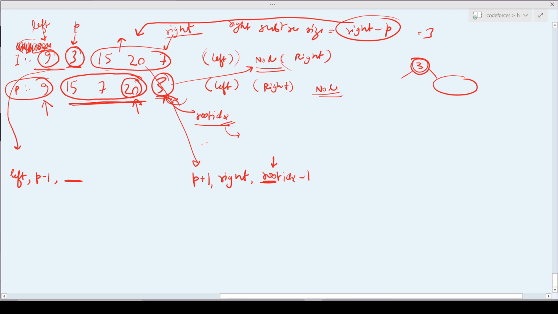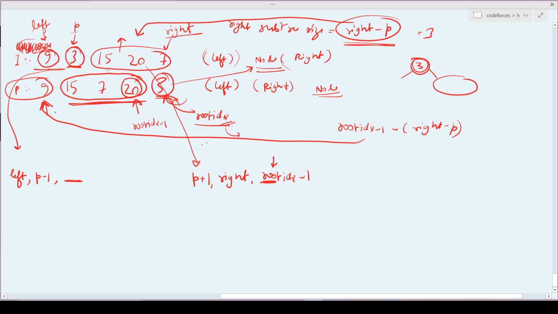So first I will land on root index minus 1, then I will reduce these 3 elements, which means I will reduce this right minus p. So I will do root index minus 1 minus of right minus p, and I will land on my left root.